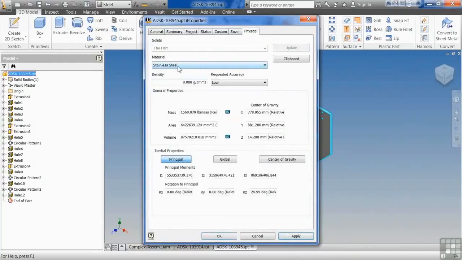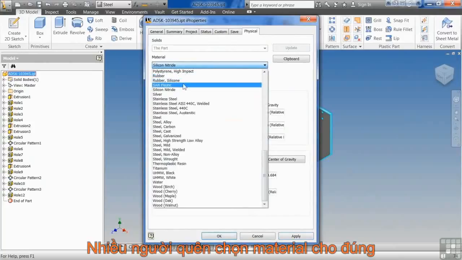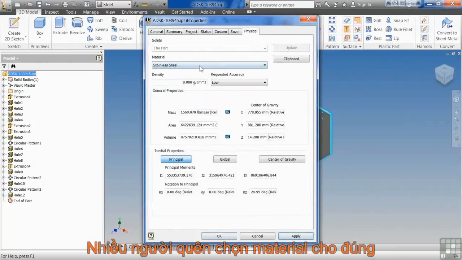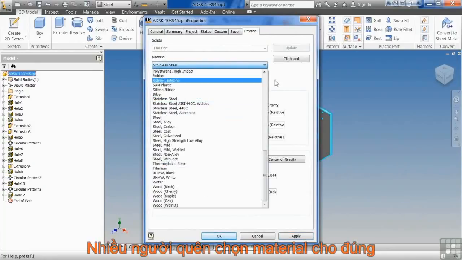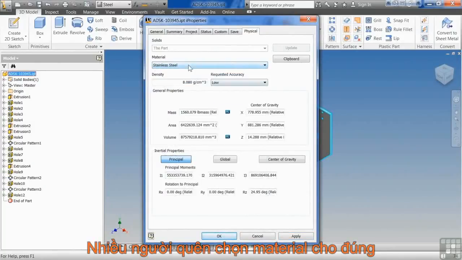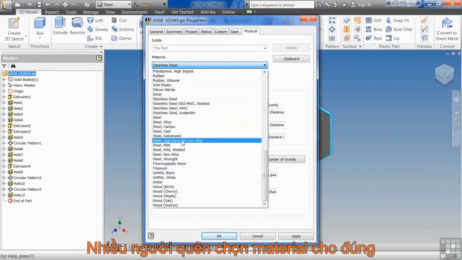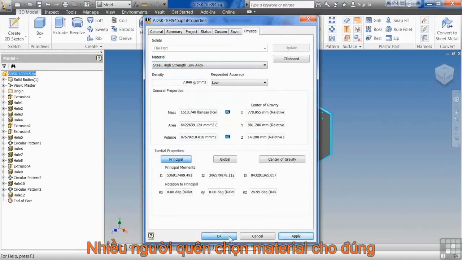If you don't change the material type, you will not get the right information. I've seen a lot of people model everything up and leave it at default, and then they'll be like, oh, the steel doesn't weigh right. Well, it's because you have to tell it that it's steel. It doesn't know how to read your mind. So you come in here, you set it to be steel, you hit OK,